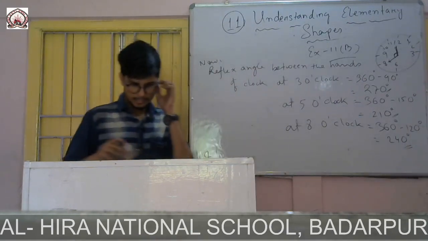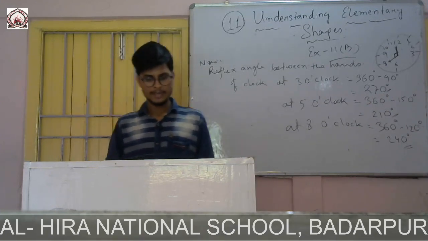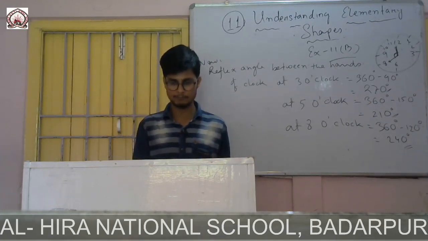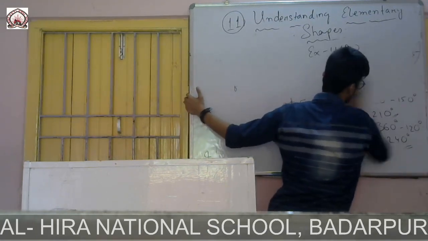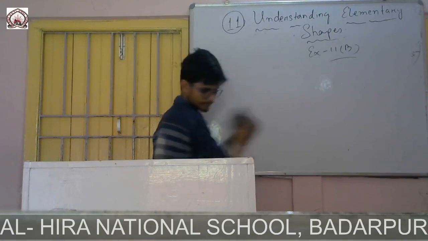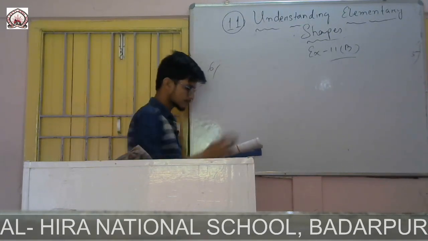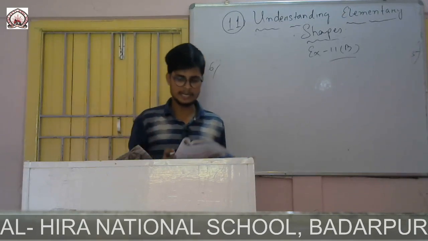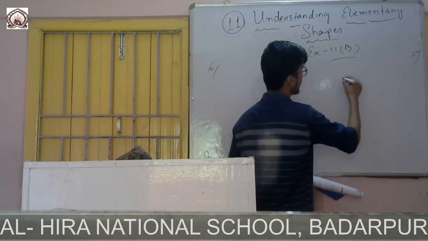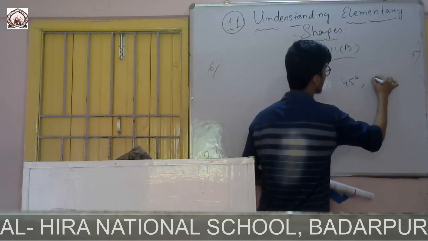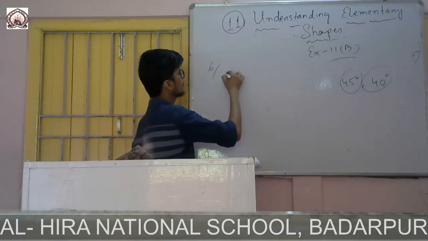angles. Now question number 6, tell whether each sentence below is true or false. So you have to write true or false. So question number 6, Roman number 1, you see. If two angles are acute, then their measure must be equal. How can this be possible? If I write one is 45 degree, another I can write as 40 degree also. How will these two acute angles be equal? So it will be false.